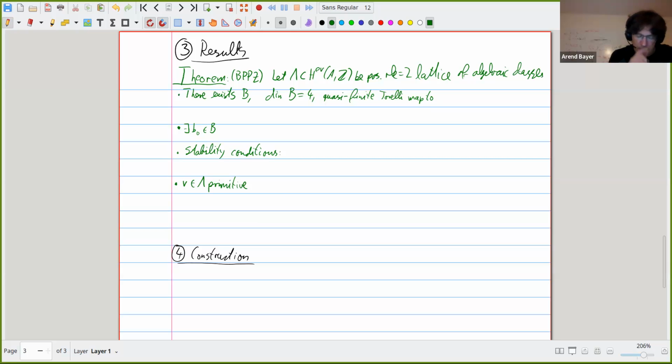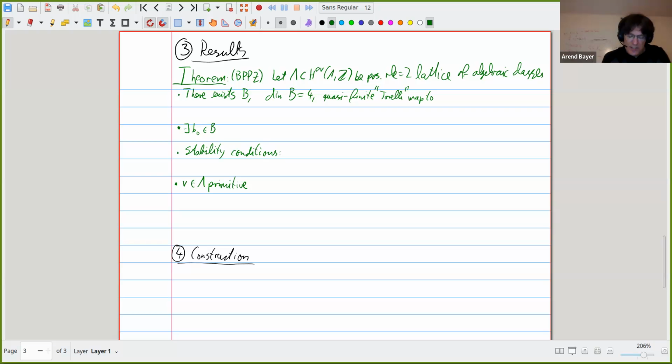Here I could also have said I take only classes where the H2 part is of type (1,1). And then to any such choice we can associate a deformation. So the claim is that there exists a 4-dimensional algebraic variety B with a quasi-finite Torelli, maybe let me put this in quotation marks,